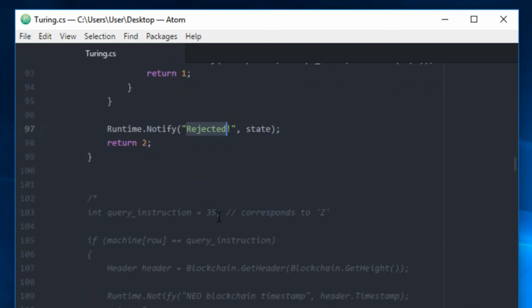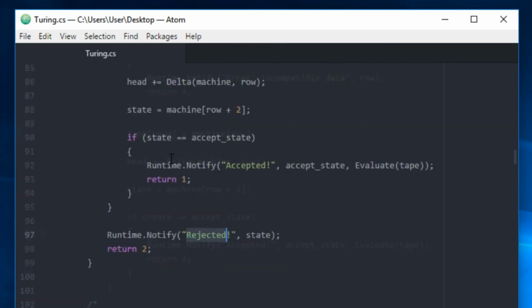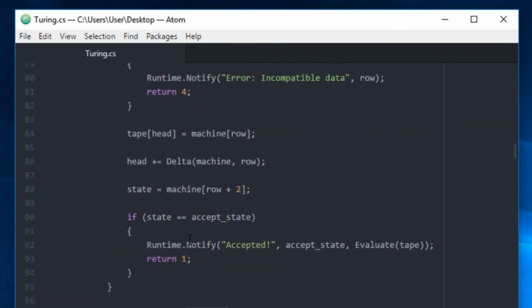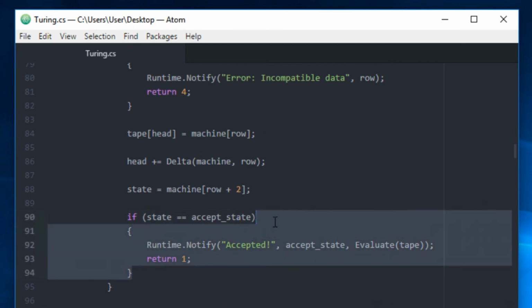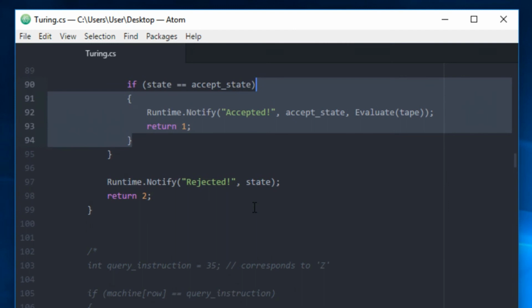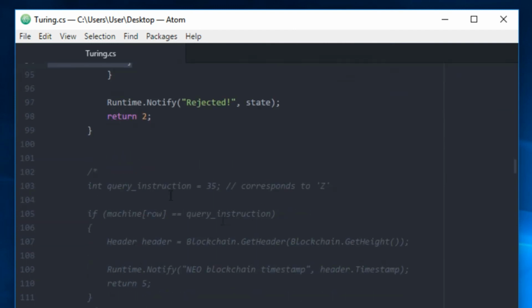Okay, and finally I want to note that here we do just a classical Turing machine, right? We have the possibility to recognize so-called unrestricted grammars, and we can do any numerical computations. But really, we can actually also write a new smart contract within the smart contract, because we could just define some opcodes. Here I call this query instructions in that case. We would just define some number. Here this integer would correspond to the symbol z